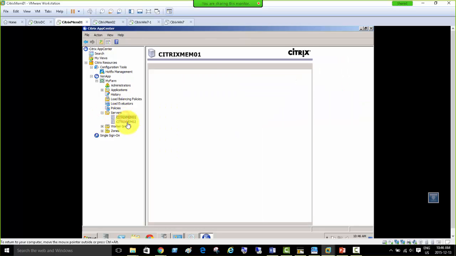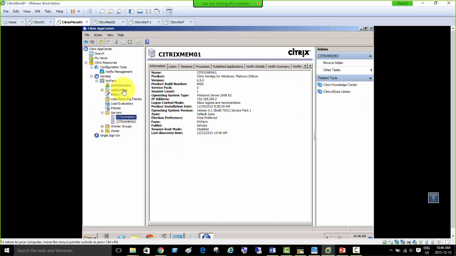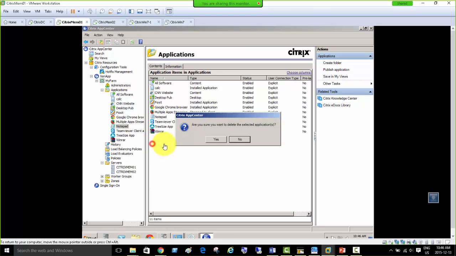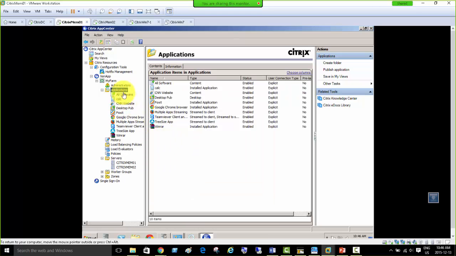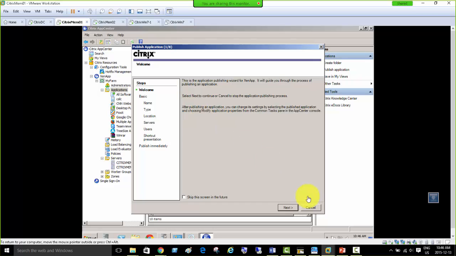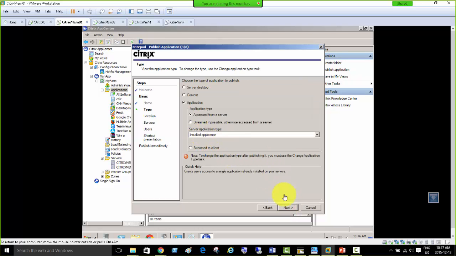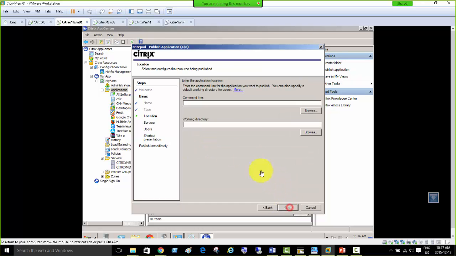Servers, thank God. That's always the case. There's a scare that, oh please, make it work. So it seems it is not published Notepad, so I'm just gonna delete the application and refresh and publish the application. Notepad is the easiest one, so I don't think it's gonna take time. Should not. Installed application, it's always there, and browse,